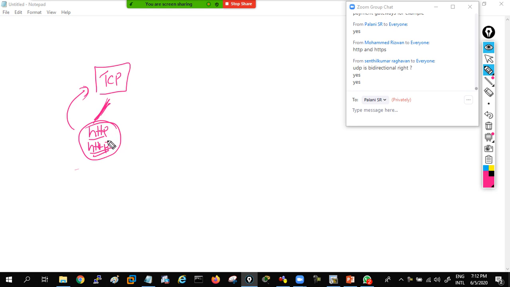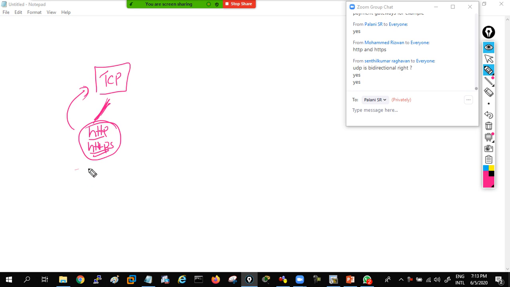Can anybody tell me? Other than HTTP and HTTPS, which protocols are required for your internet browsing? Anyone? Palani? What's your answer? What's your answer, Palani? Rizwan, Mustafa, you guys have to give me an answer. Mr. Raghavan, you have to give me an answer. What is the other protocol we are going to use for browsing other than HTTP and HTTPS? Guys,